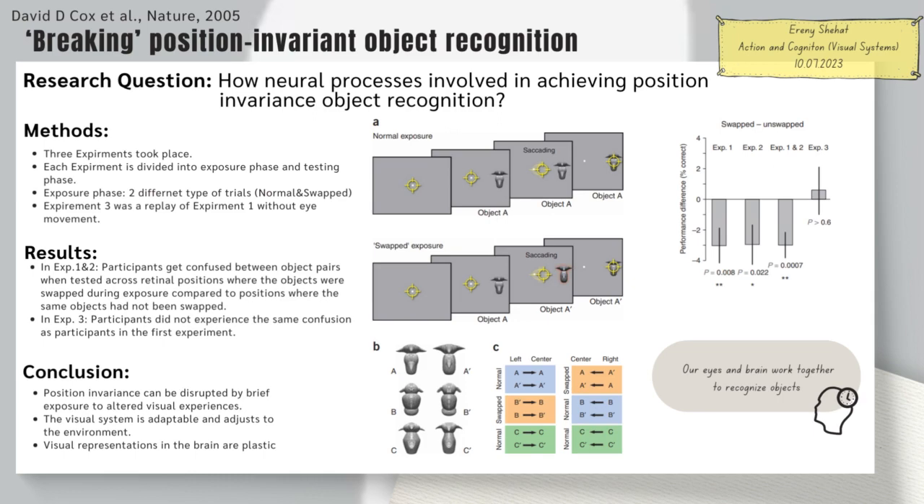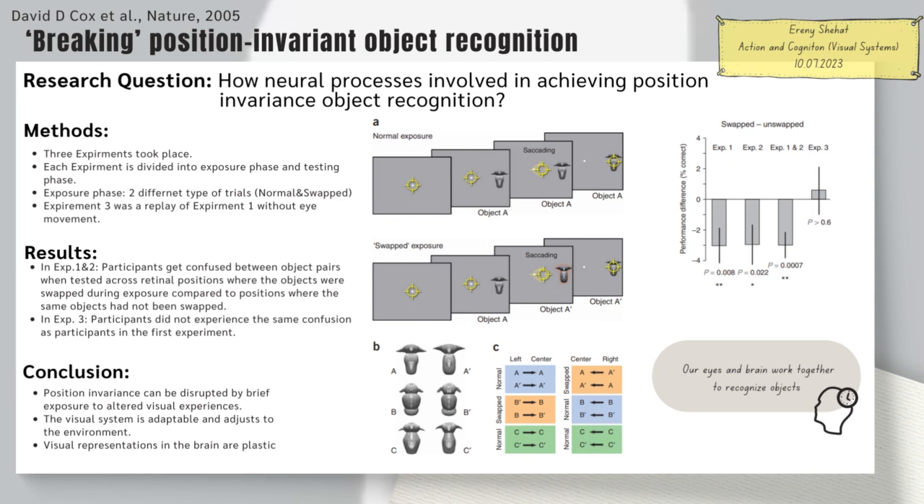During the exposure phase of the experiment, the participants were randomly exposed to two different types of trials, normal exposure and swap exposure. These trials were randomly interleaved, and each participant received an equal number of presentations of all objects in each retinal